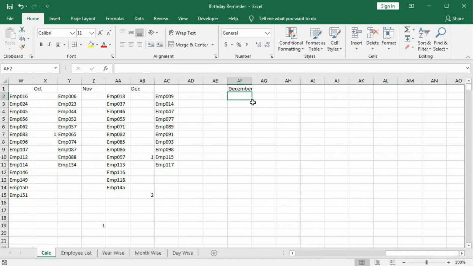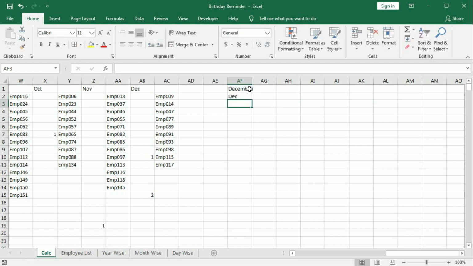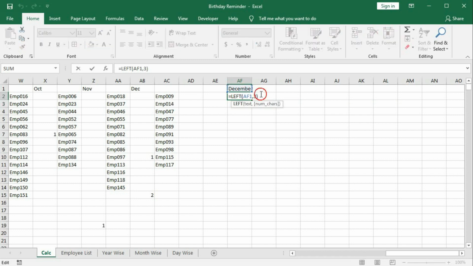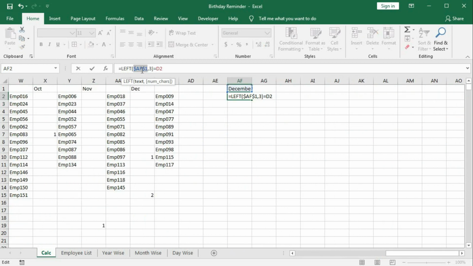So type here equal to left this cell comma 3 bracket close. So we got here the letters is equal to this cell, and here F1 should be locked. Now press enter.